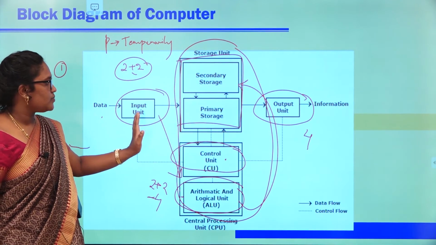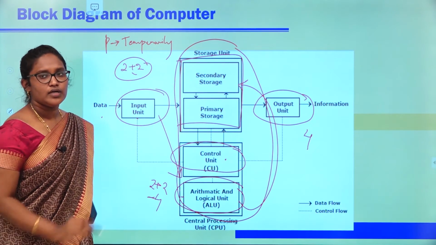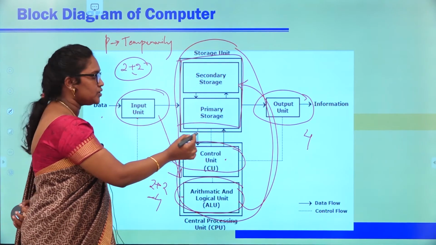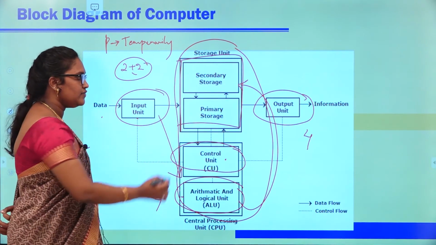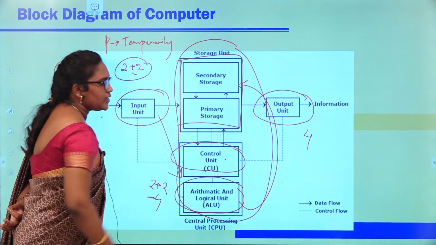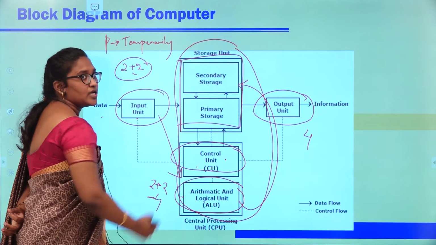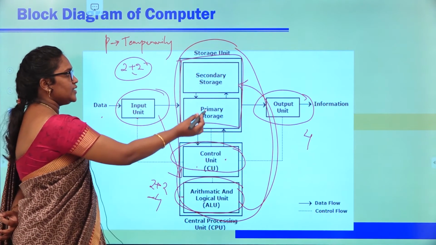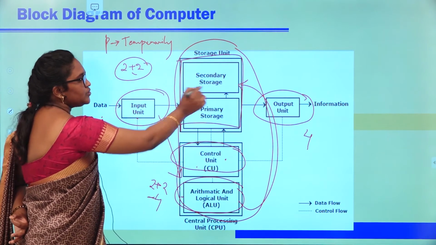Storage unit means whatever input we are giving to the computer will be taken by the primary storage, and it will forward the data to the arithmetic logical unit with the help of a mediator called control unit, and then the processed output will be sent to the